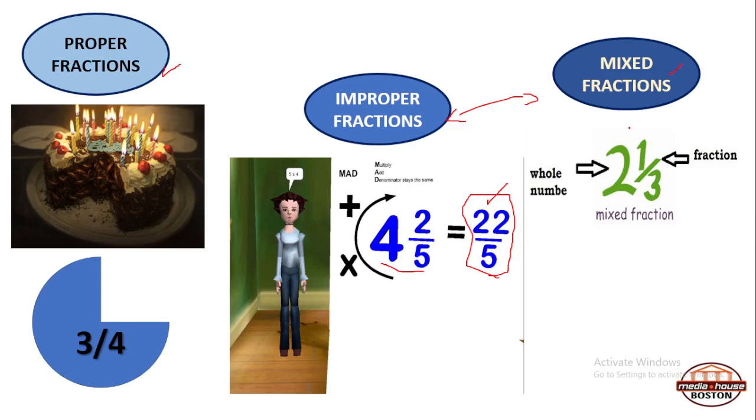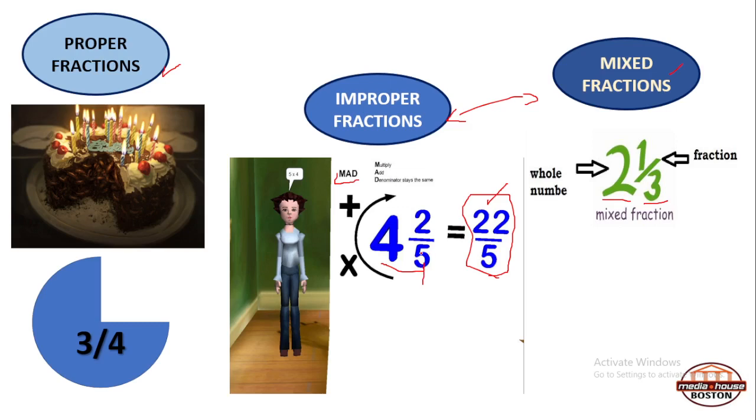So the reason we refer to this as a mixed fraction is that it contains a whole number as well as a fraction at the end. And for us to reverse this to an improper fraction, we use a method that we simplify as "MAD". So what we do is that